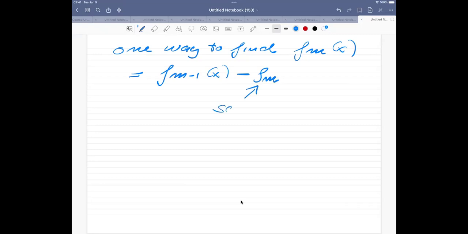So this is a scalar parameter. And then there's going to be a function g of m of x here, and this is just the gradient